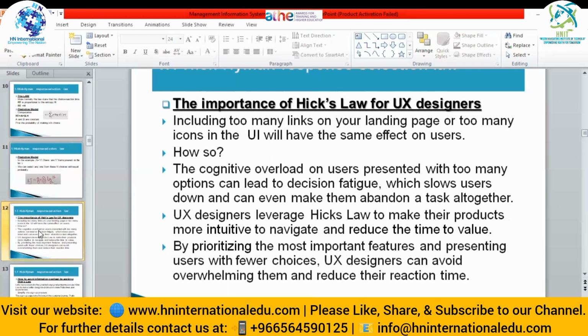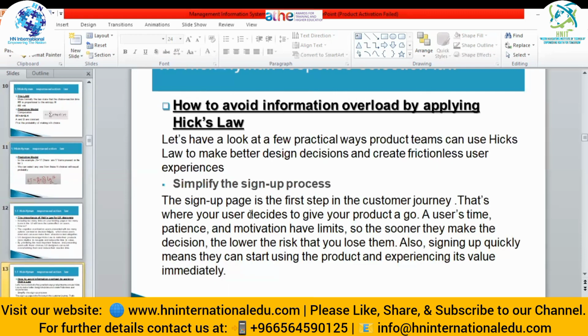to attract users. How to avoid information overloading? Now, how can we apply Hick's law and make our design better? Simplifying the sign up process. For example, on many websites you have seen a sign up page. Sign up page is the first step